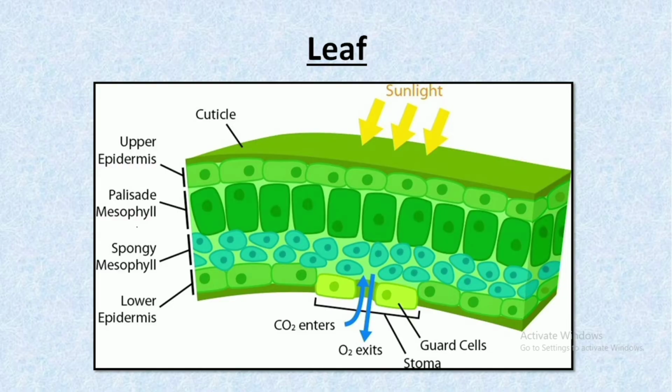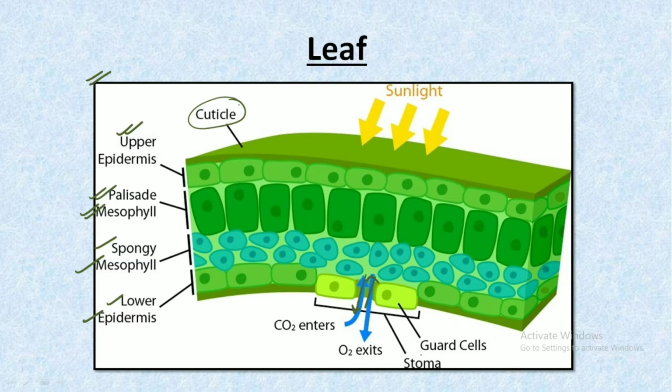is actually located. So on the screen you could see the diagram of a leaf, and if we look closely at this diagram, we could analyze that a leaf has various components. The topmost component is the cuticle, then we have the upper epidermis, then we have the palisade and the mesophyll cells, then we have the spongy mesophyll, and then we have the lower epidermis. And in the lower epidermis, we can see some opening in the leaf structure. So this opening is what is called the stomata.